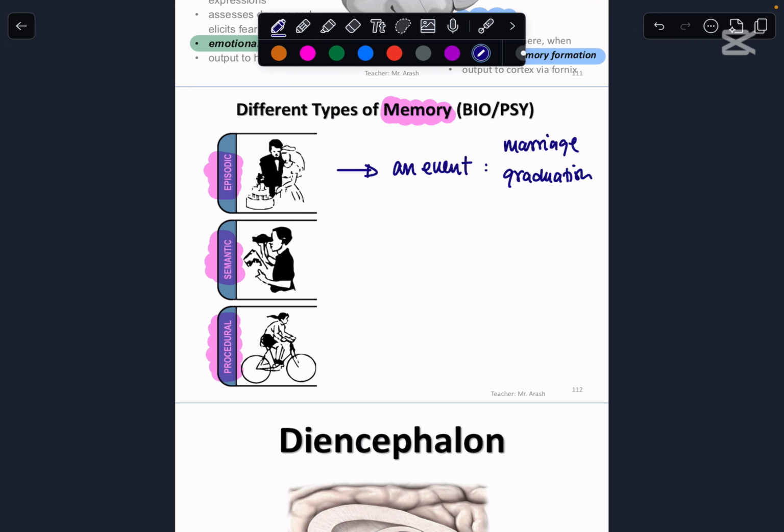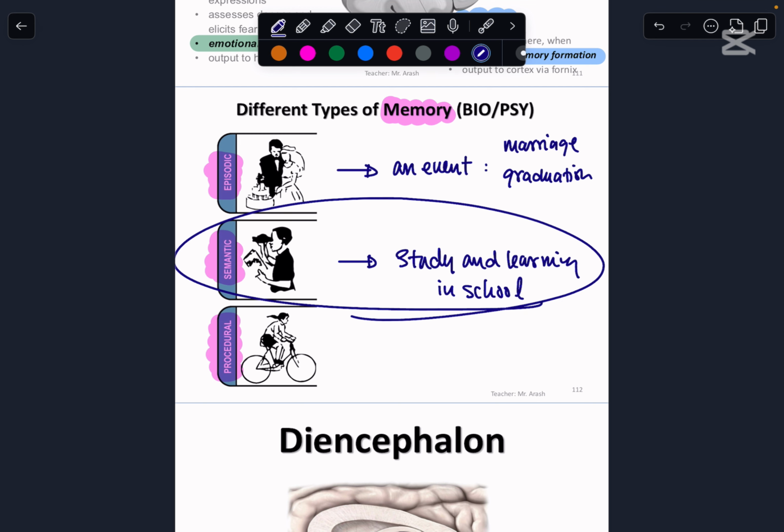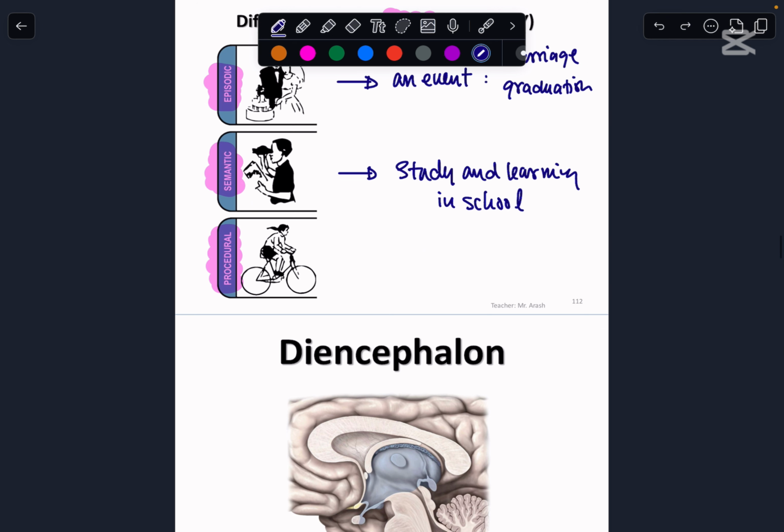Different types of memory. And by the way, we use different parts of the brain for each of these types of memories. Semantic memory is usually the type of memory you use for studying and learning in school. Essentially, that's the type of memory you need to do very well on the tests or exams. And then finally, procedural memories, which is essentially